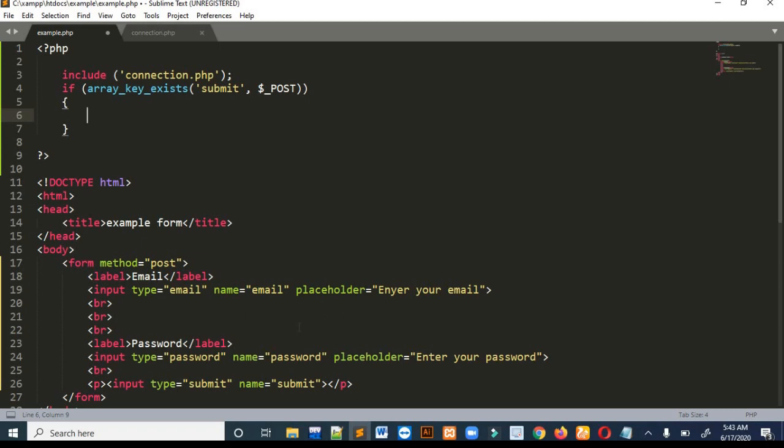Before doing that, I will post this data, password and email, and store it in variables. For defining variables in PHP you always use the dollar symbol, then you write the name of the variable. First of all there is email, and we are posting email.